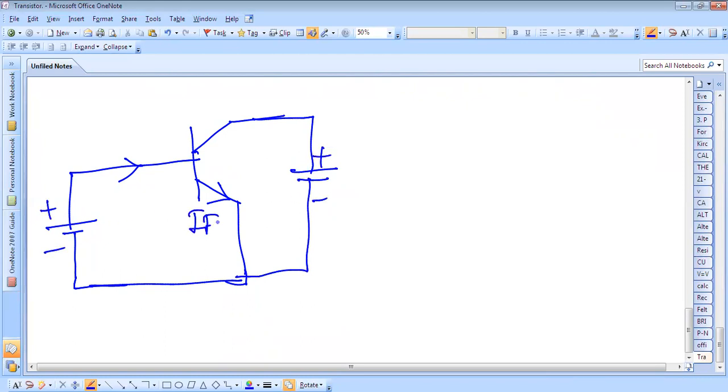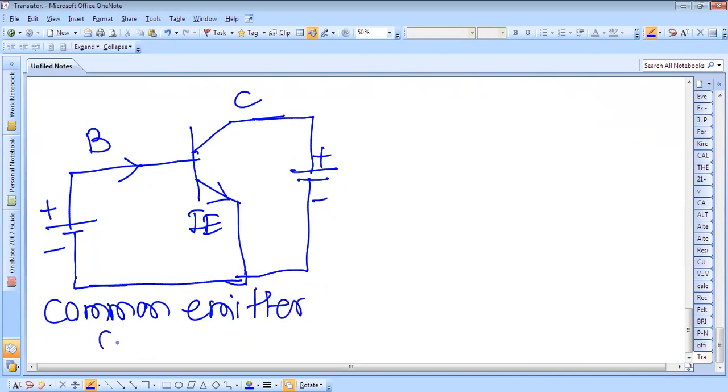This is the emitter current. The collector current will flow. So this is a common emitter circuit because here the emitter is common to both base and collector,